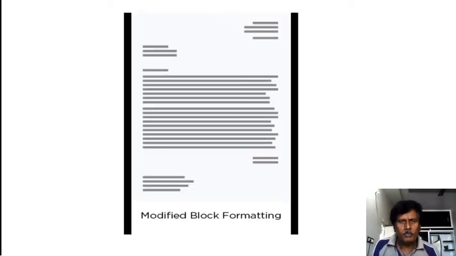Here is the format of the modified block format. The address is generally written in the right side corner of the letter, and after double line spacing we write the date. It is also written in double line spacing in the right side corner of the letter. After double line spacing, another part of the letter starts, that is the inside address. It starts at the left side margin of the letter, as in full block style.